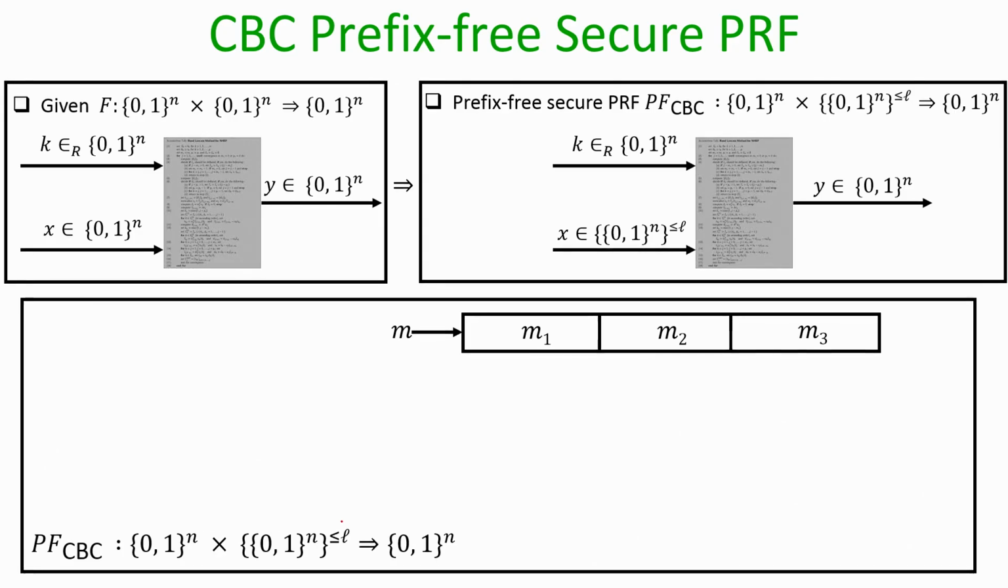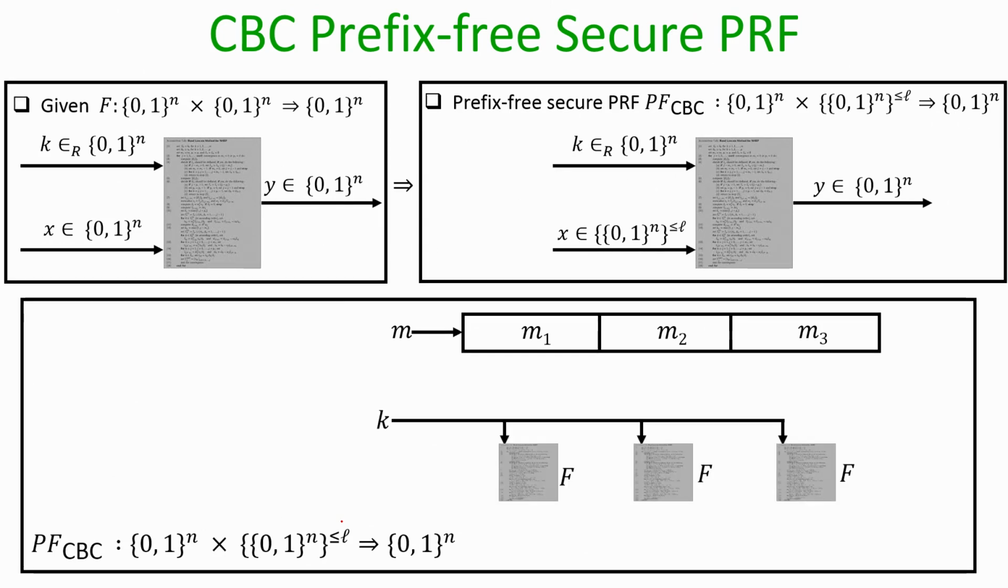Now, to compute the output of the CBC prefix-free secure PRF for this input, what we do is the following. Since we have 3 blocks, we need to invoke the fixed size PRF 3 times with the same key k, and the first invocation of the PRF will be with M1 as the input, and whatever is the output serves as the input for the next invocation, where it is XORed with the next block input,